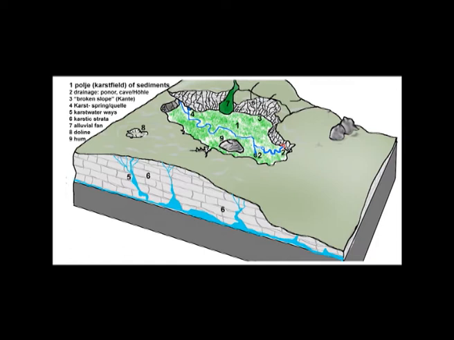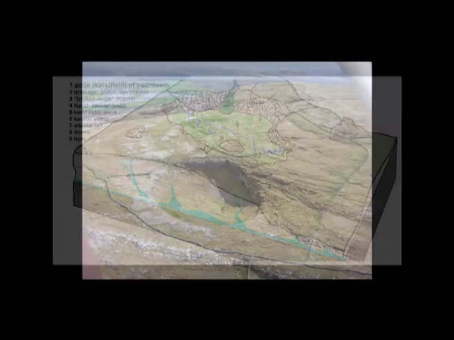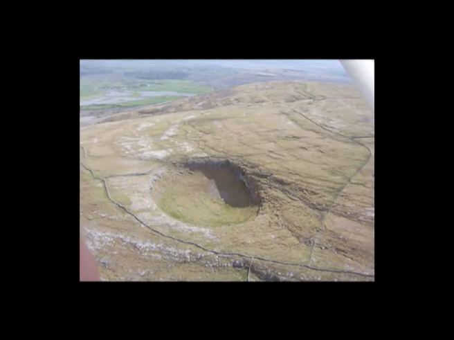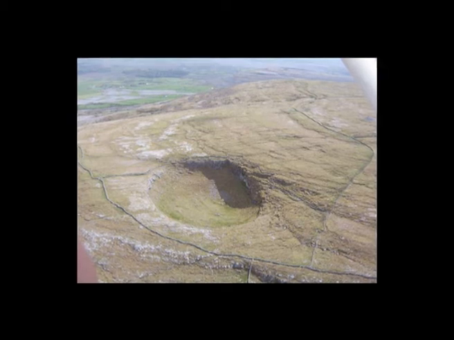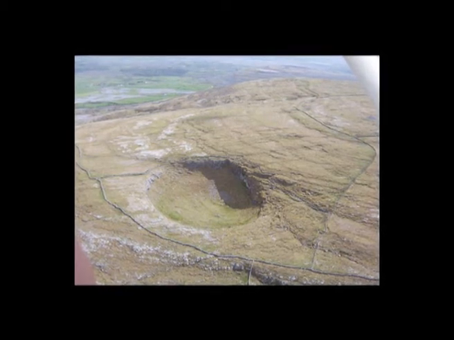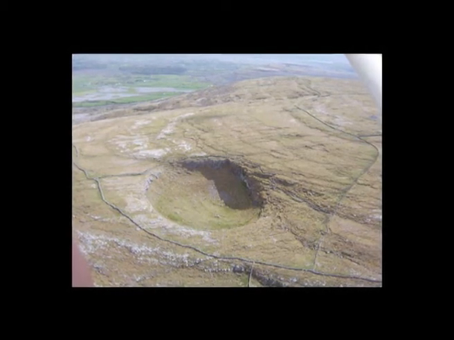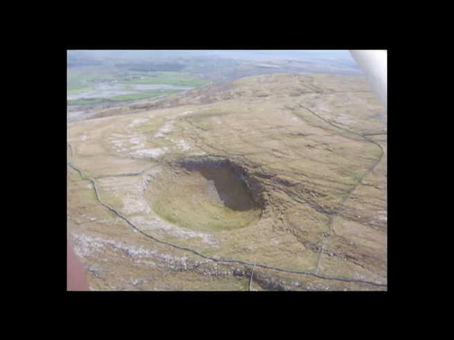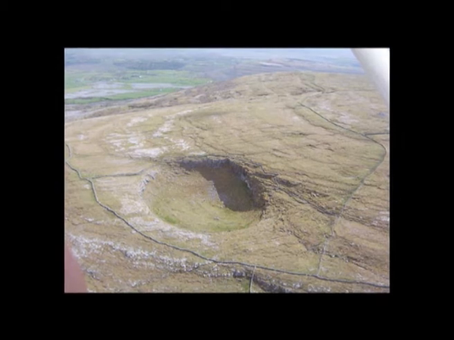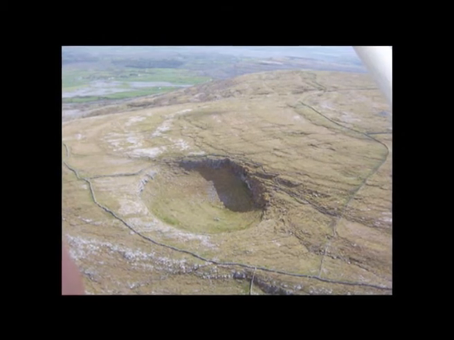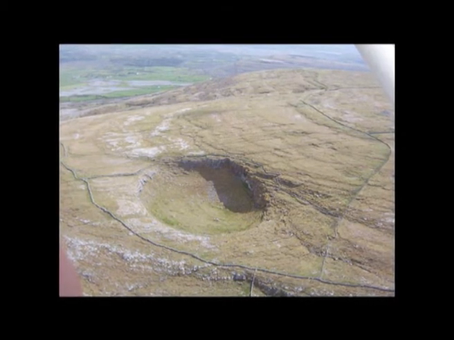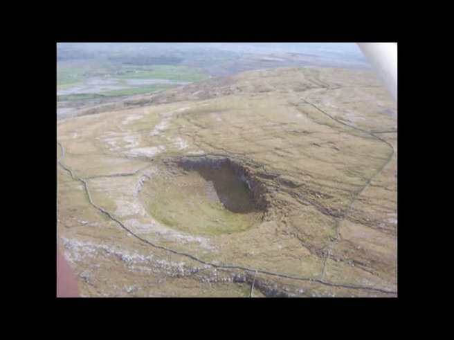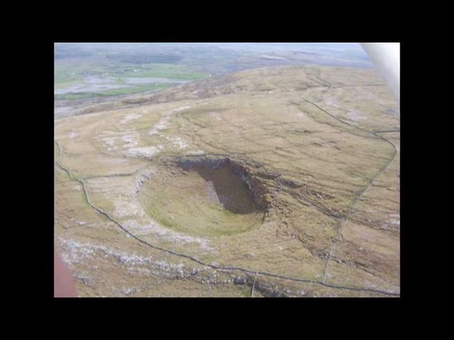This is also produced by the solvent action of groundwater. This is also a polje depression. You can see this type of depression. Depressions are formed due to the solvent action. By continuous action of groundwater within the particular rock, the rocks slowly disintegrate and many depressions are produced, and this is known as polje.